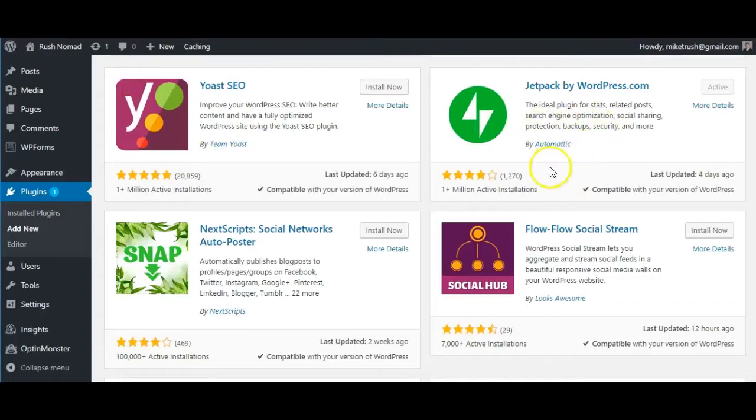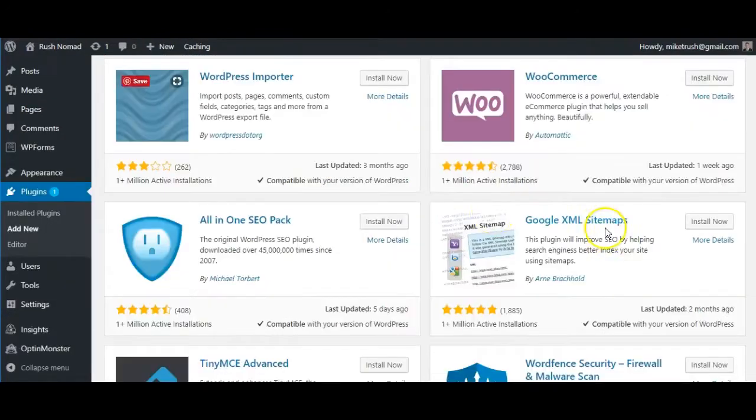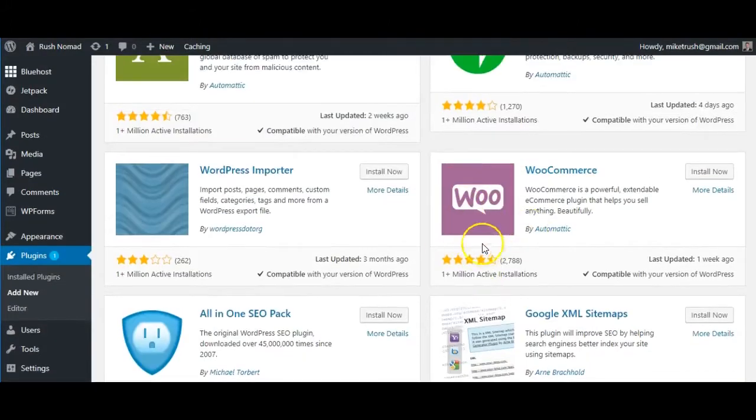Jetpack right here is another one that's a great plugin. What Jetpack does is it helps show your stats, your related posts. It helps with search engine optimization, social sharing, backup, and more. Again, over 1 million people utilize this, and it has over 4 stars. Contact form is something that's very simplistic, easy to use, and over 1 million people utilize this as well. If you do need a contact form, you can come here, install it, and get started right away. One last plugin that's highly recommended and a lot of people use is WooCommerce, and it's a very powerful tool that helps you sell any products or services within your website.